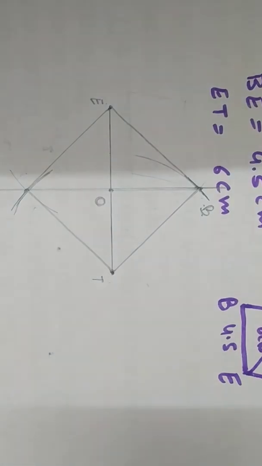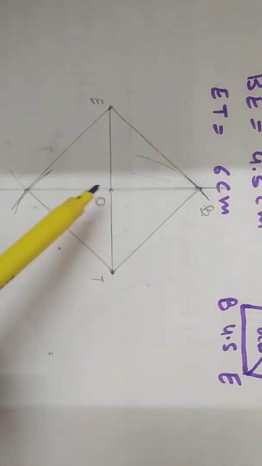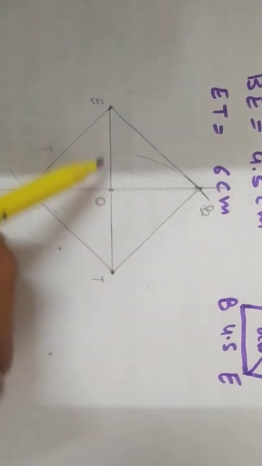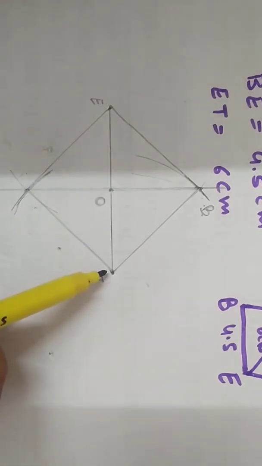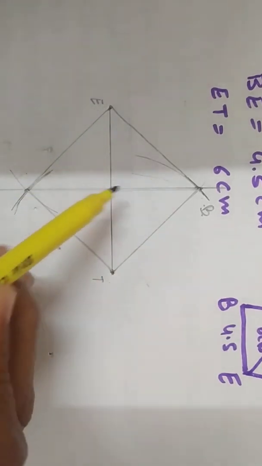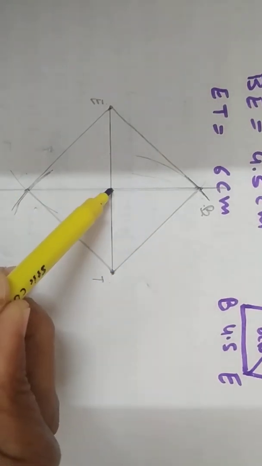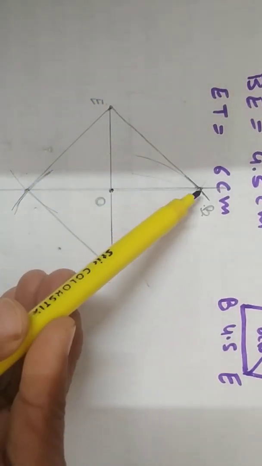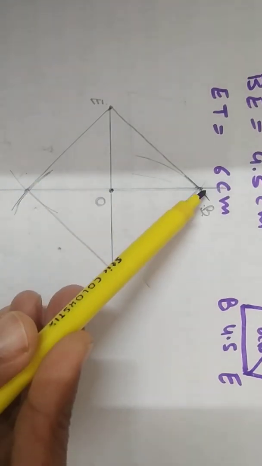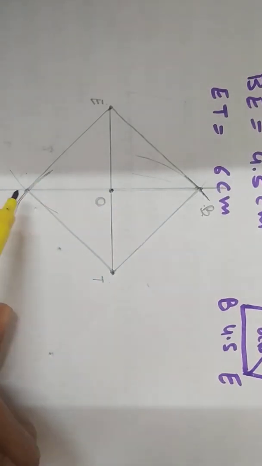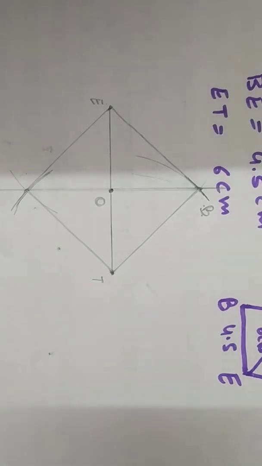So for a rhombus you have to identify where the other diagonal is lying. How will you identify where the other diagonal is? We know that diagonals intersect at 90 degree. So we will draw the perpendicular bisector of the first diagonal ET, and then on that other diagonal which we have drawn using the perpendicular bisector, we will mark the other two vertices of the rhombus. Thank you so much.